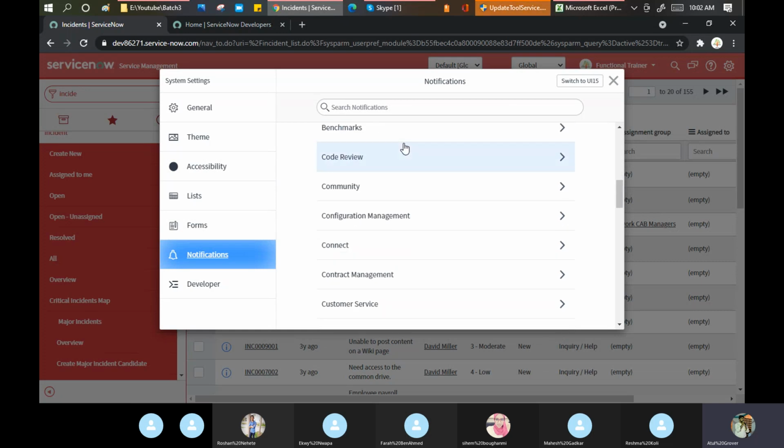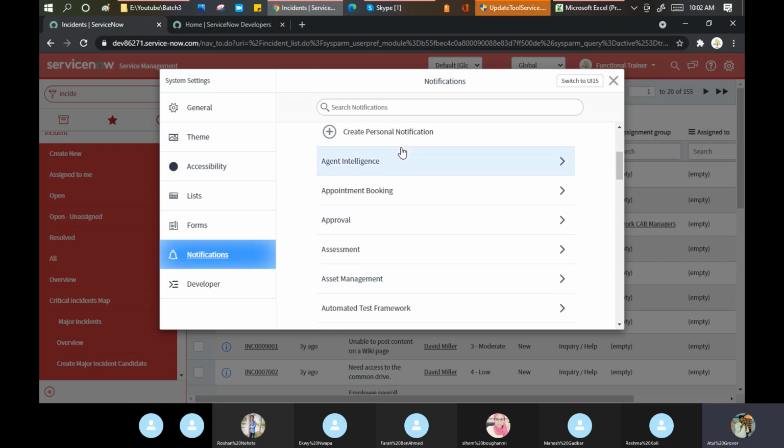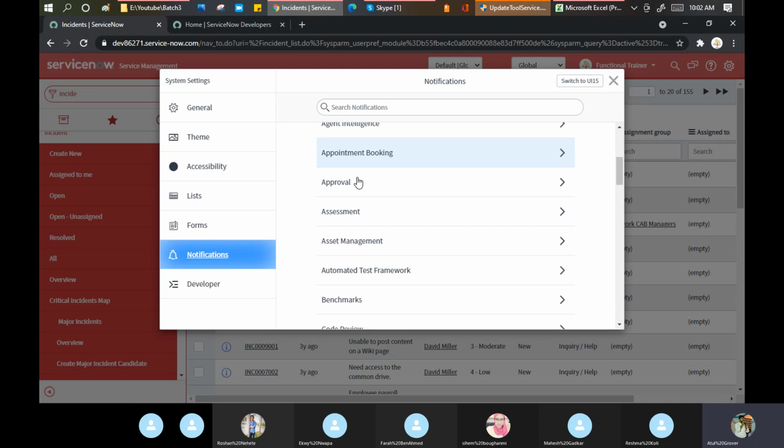I can do the personalization here. When we start our discussion on incident, change, problem, and notification, I'll pick up these topics again one by one, to give you the heads up that we discussed this personalization and we are here now.